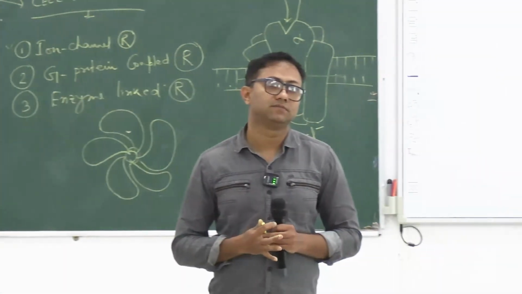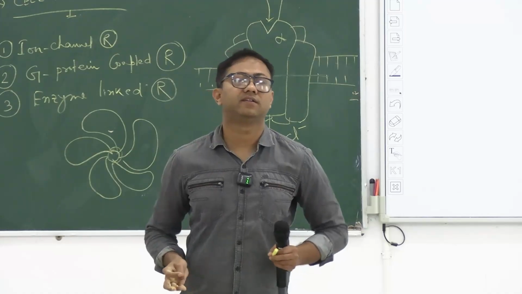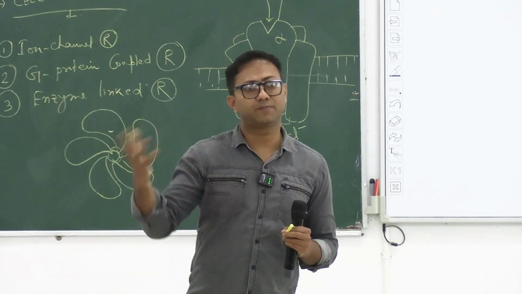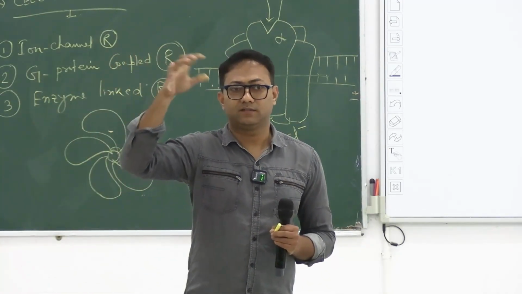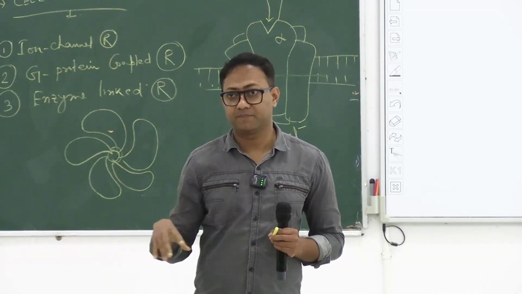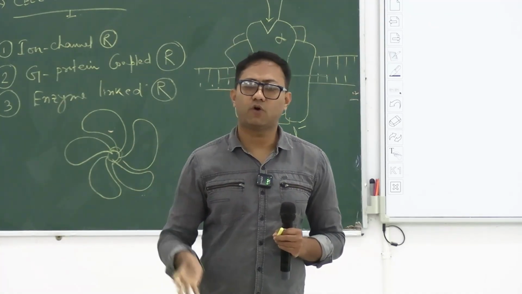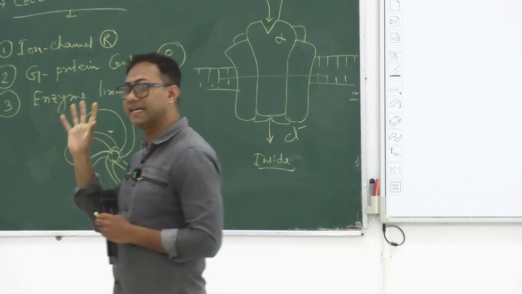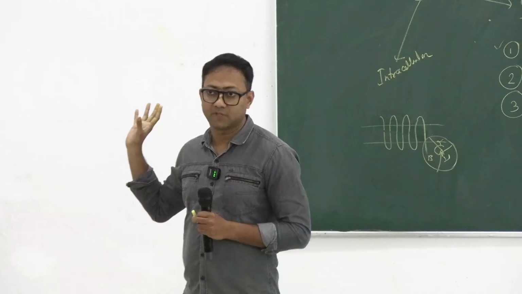G protein coupled receptor में कौन कौन से हार्मोन है जो G protein coupled receptor में एक्ट करता है? Almost all the hormones, the adrenaline, noradrenaline, okay, all the hormones that are coming from anterior pituitary and posterior pituitary, oxytocin, ADH, right? Then prolactin, ACTH, TSH, okay, all the hormones except growth hormone act through the G protein coupled receptor, okay.